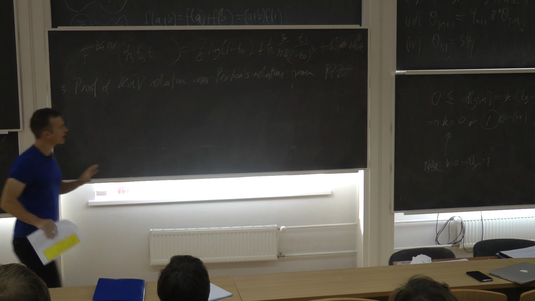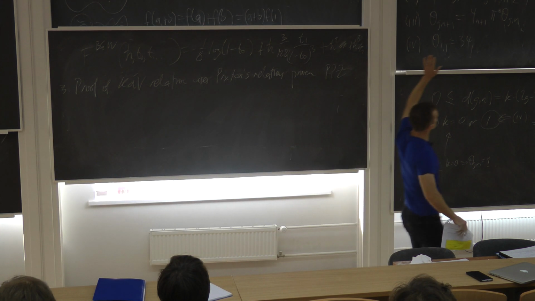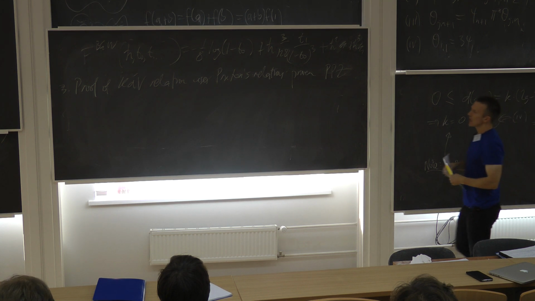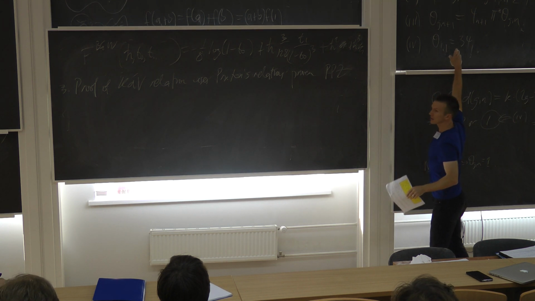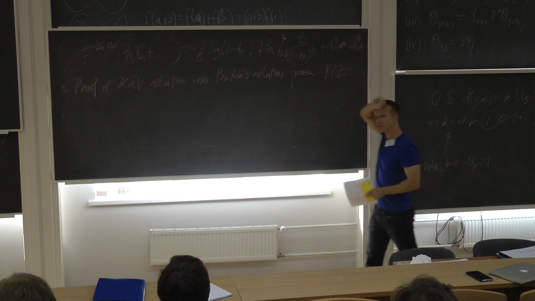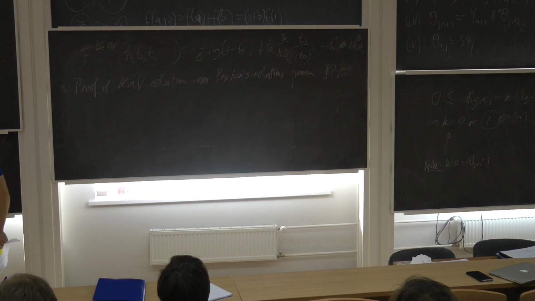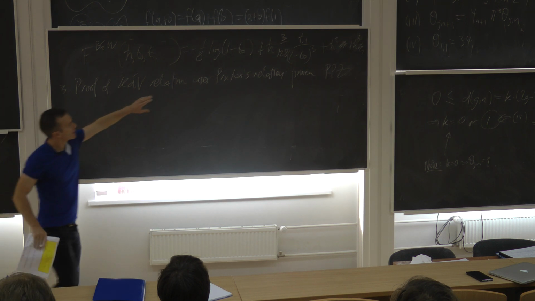Right now I'm not going to use the construction. I'm just going to use these properties. Like I said, it will fail unless I have these. But right now I'm not using the construction. I should say something about this. I have no idea why it satisfies KdV. So the idea is to prove that this